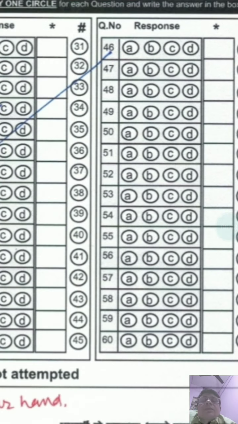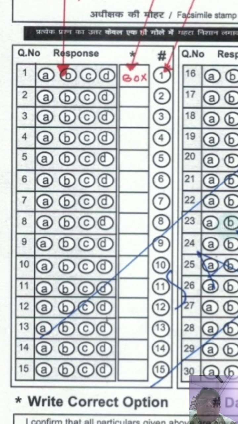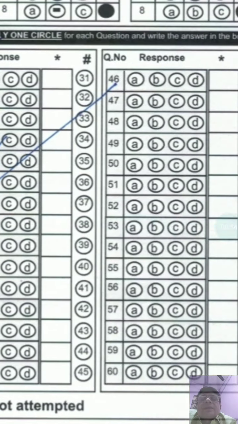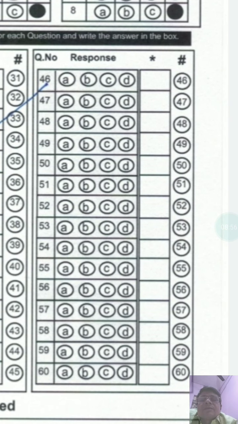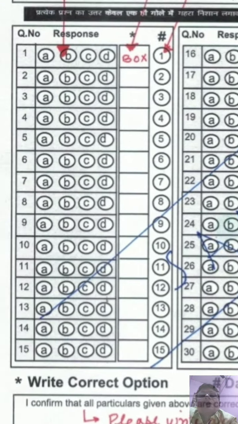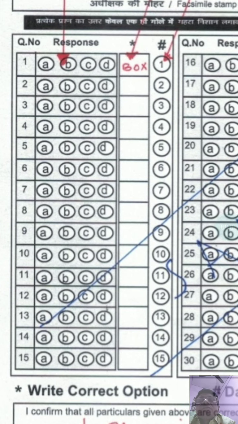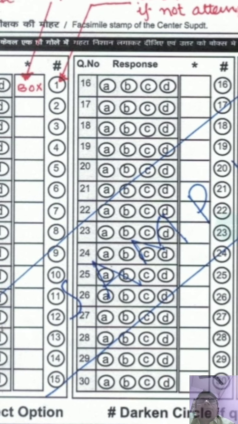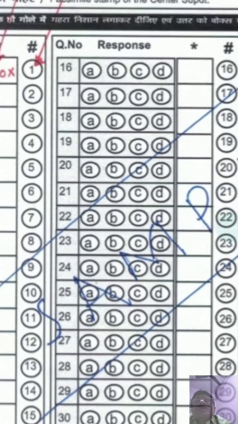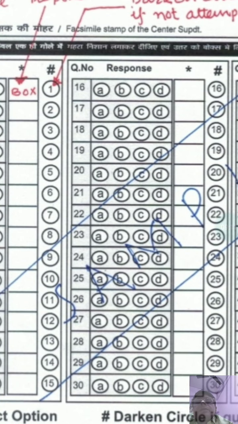or 60 questions. So in some particular subject it may be 25 questions, in some subject it may be 50 questions, and some subject 55 questions, like that. In some subject it may be 60 questions. So if you have only 25 questions, you just have to fill 1 to 15, then come to the next 16, 17, 18, 19, 20, 23, 25 up to this.